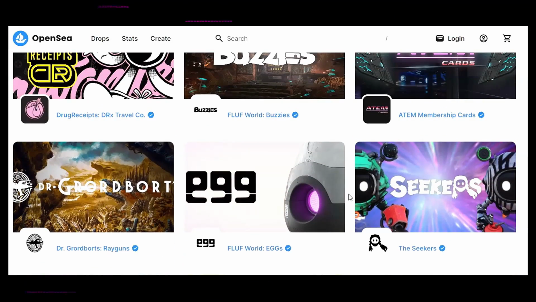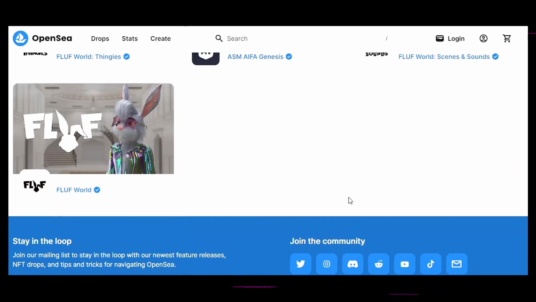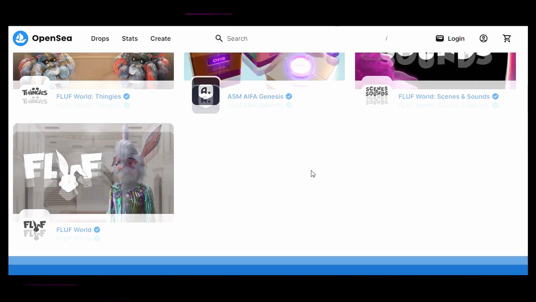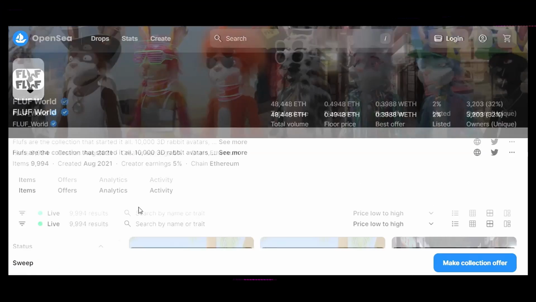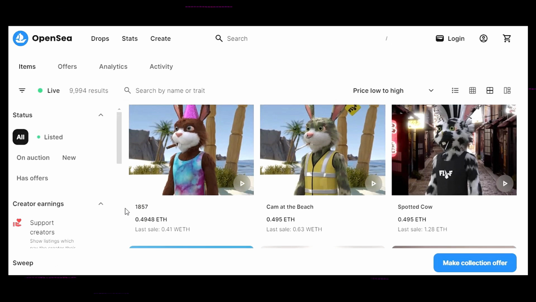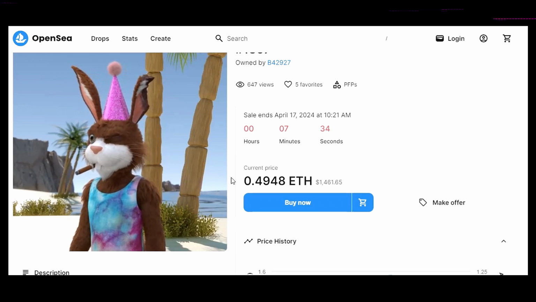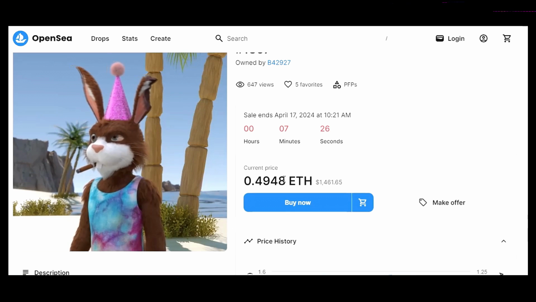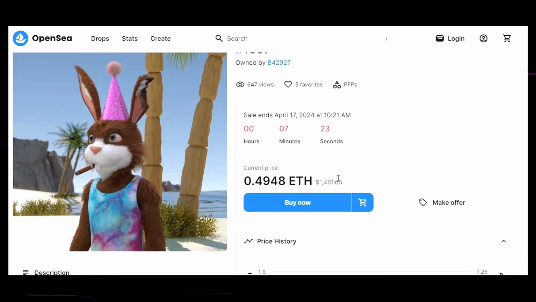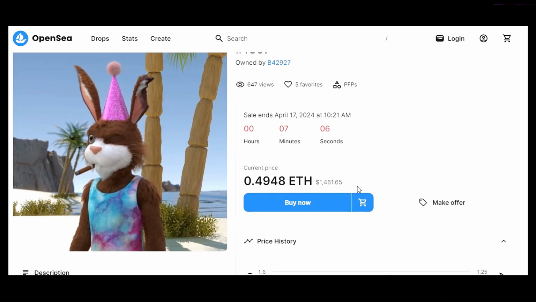There are many collections, but we're just going to take a look at the key collections here and talk about what kind of points these are going to earn you. So say you want to buy yourself a fluff, say you want the OG NFT from Futureverse. Here are the fluffs. So if we click on this fluff, we can see that this particular fluff is going for about half an ETH. At the current price, $1,461. This is actually the most reasonable I have seen a fluff in a very long time. So this is what it's going to cost to get you a fluff.